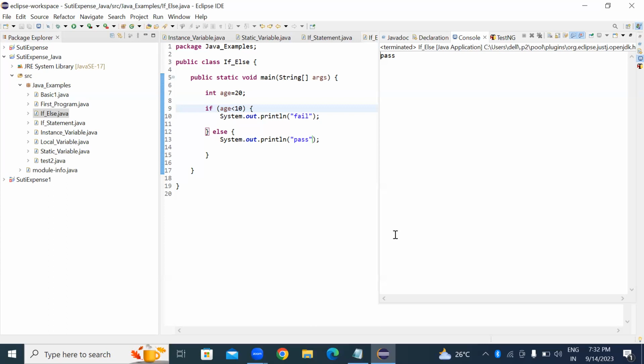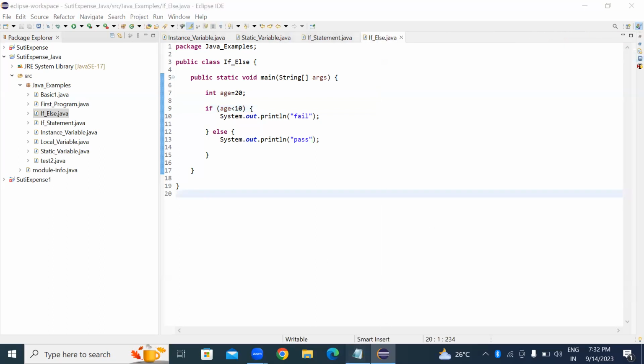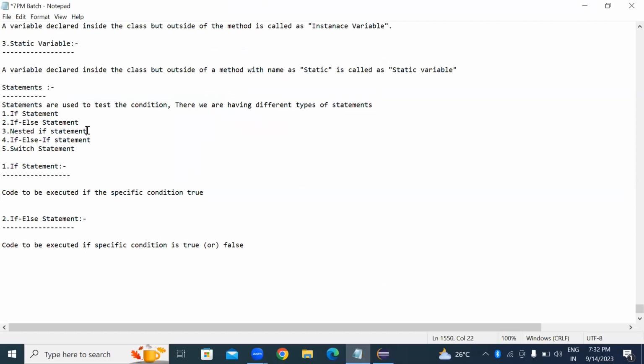Yes. Okay. Now we'll go for the next statement. What is the next statement? Nested if. Okay. What is the next statement? Nested if. Coming to nested if